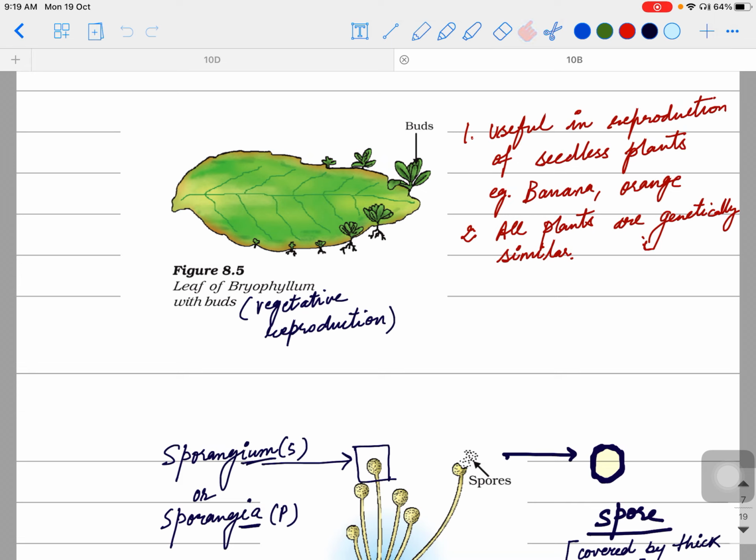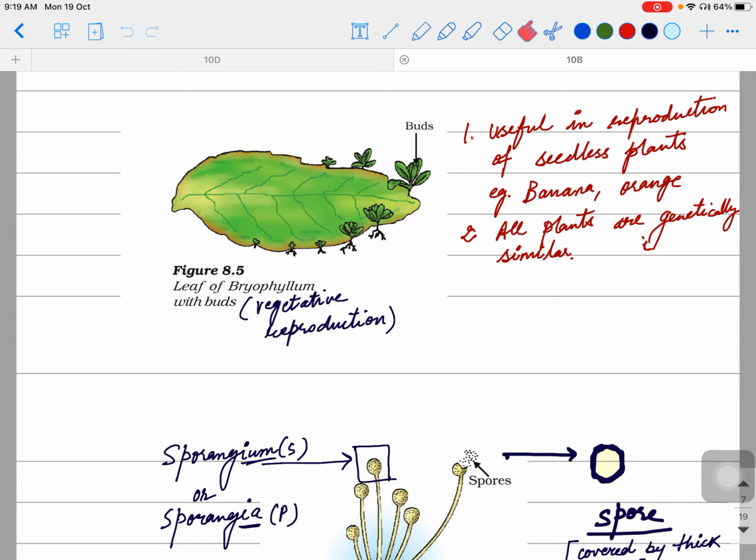That we can use vegetative reproduction in plants where seeds are not developed properly. We call such plants seedless plants, for example, banana, oranges. Oranges depend on the variety whether they have seeds or not. Second advantage is in the formation of genetically similar plants. If plants are of very good variety, we want to maintain that genetic combination. So if we don't want to change the genetic material, we want to keep that same in all the plants,